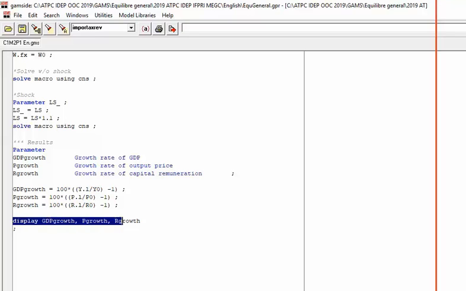Here, I will ask for a display of the value of the parameters. I also want to check that the final value of Leon is equal to 0. So I type Leon.L, asking for a display of the current value of the variable Leon. This is to check that the final value of Leon is equal to 0, in order to check that Walras' law is respected. So